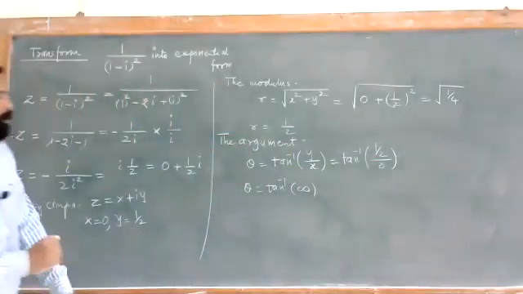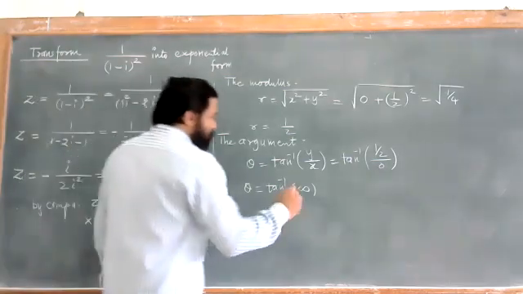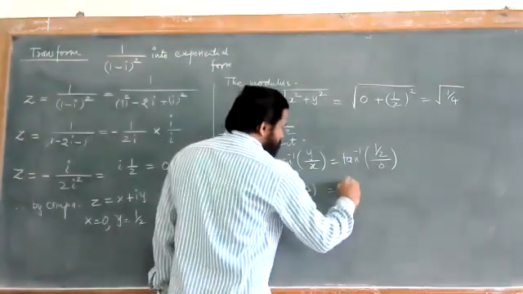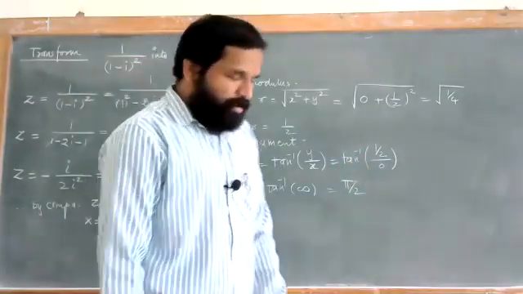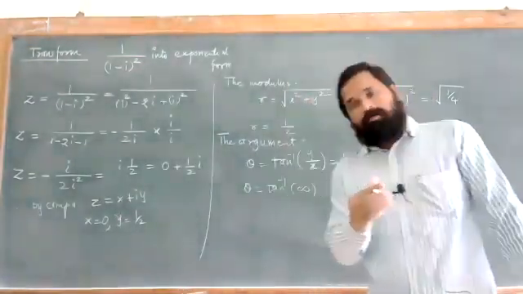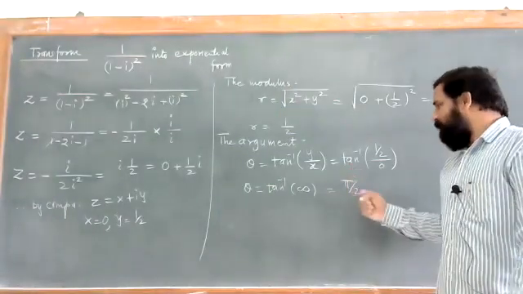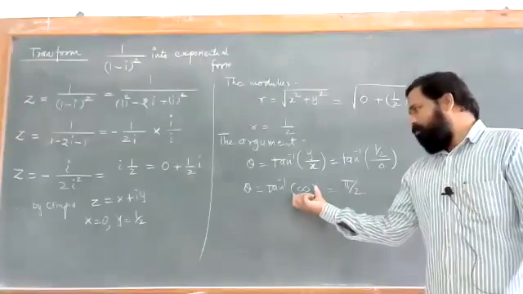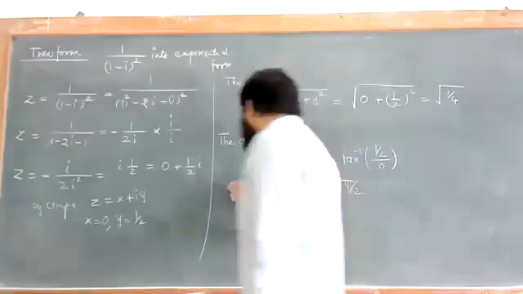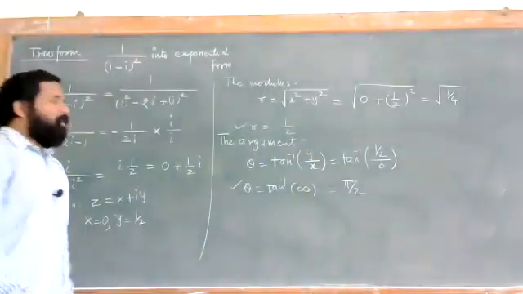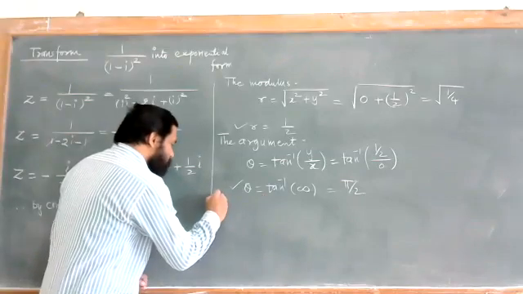आणि ही जी काही इन्फिनिटीची व्हॅल्यू आहे थीटाची किंवा टॅनची ती कुठल्या अँगलला येते? So that comes out at pi by 2. सगळ्यांनी लक्ष द्या. What is tan? Tan is nothing but sin upon cos. So sin 90 is 1, cos 90 is 0. So 1 by 0 is nothing but infinity, and so tan infinity is at pi by 2. So you can have the second point, that is theta is equal to pi by 2. So what we require? We require the exponential form.